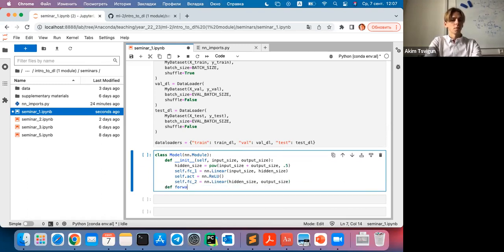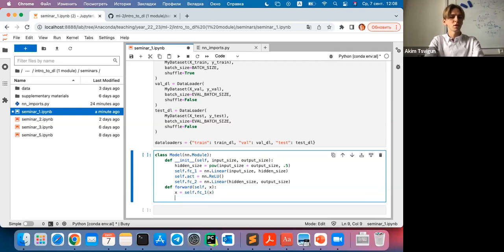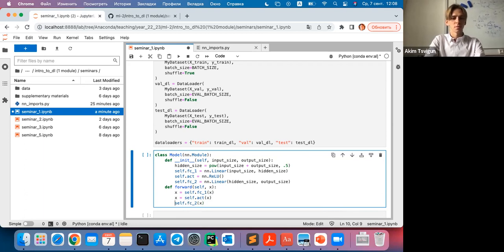Now we need to define the forward method, the one which defines how the model transforms the data. The argument which it takes for now is x, if we want to simply transform the data. But when we write our own trainers further on, sometimes we need to define y during training. If it's passed, okay, let's calculate the loss. If not, only return the output values. So how will we transform our data? First of all, we apply the first linear transformation, then we apply the activation, then we apply the second transformation. That's it, nothing specific, same as we have